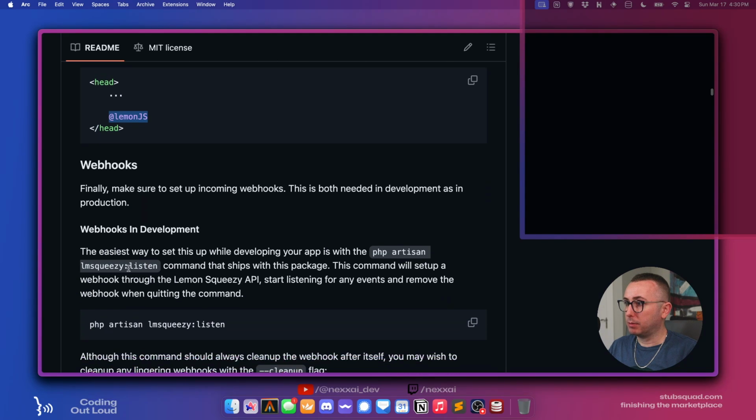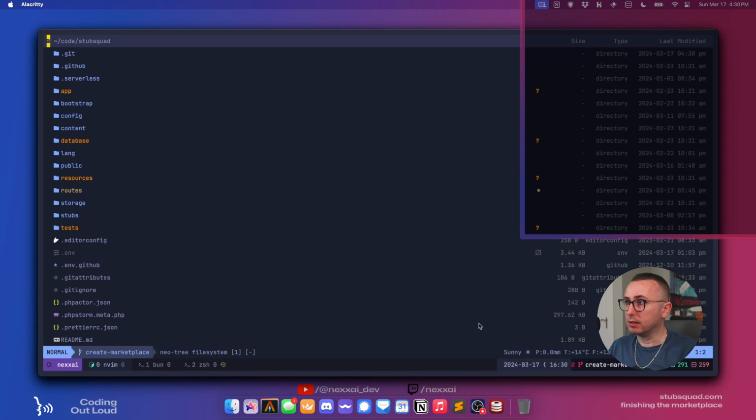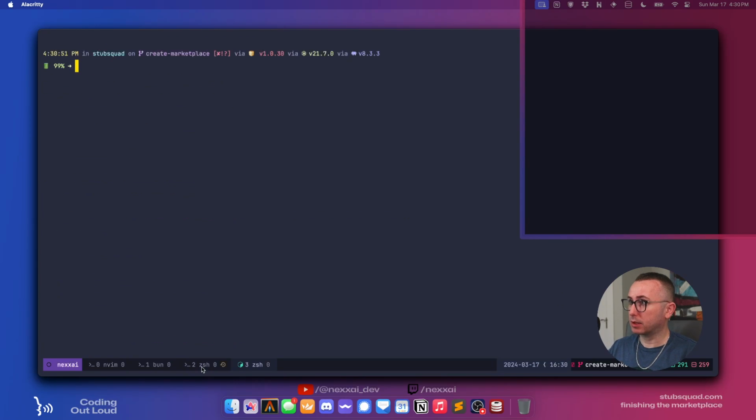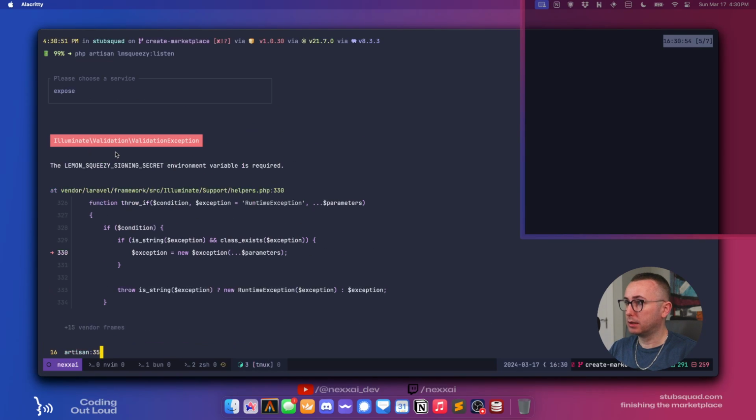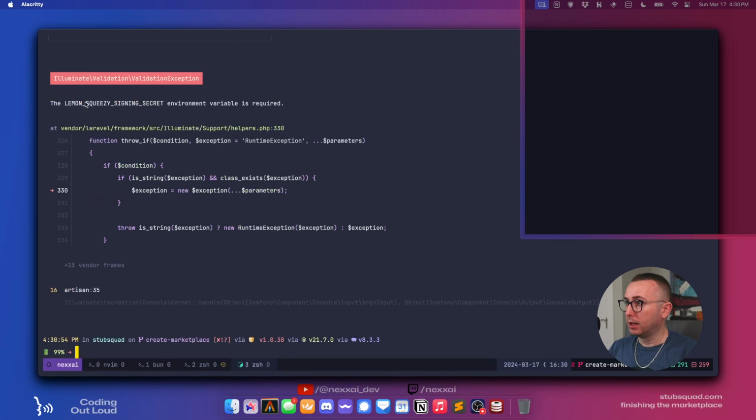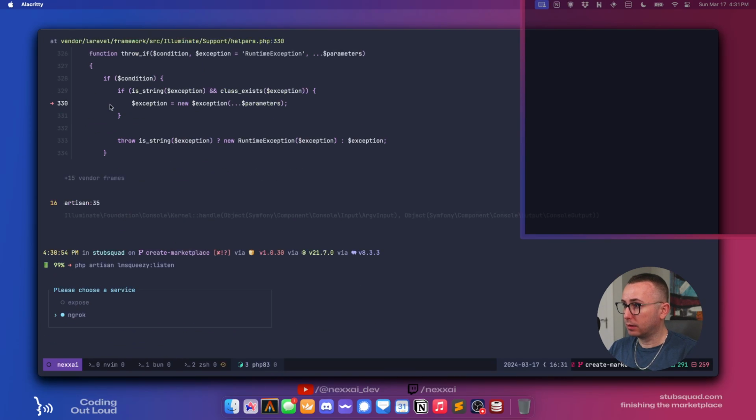Finally, make sure to set up incoming webhooks. This is needed in development as in production. So we can run a command, I think it's ngrok or Expose or something. So we'll get another terminal open here and we'll go lemon-squeezy:listen, Expose, signing secret environment variable. Okay, what if I do the other one? ngrok.